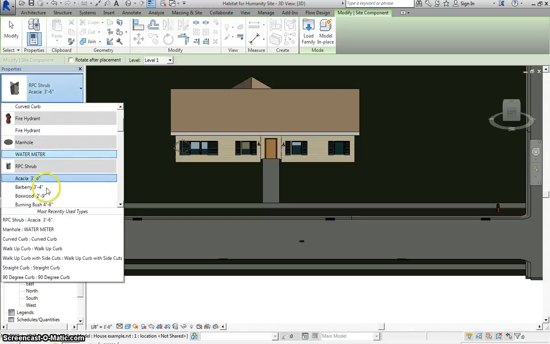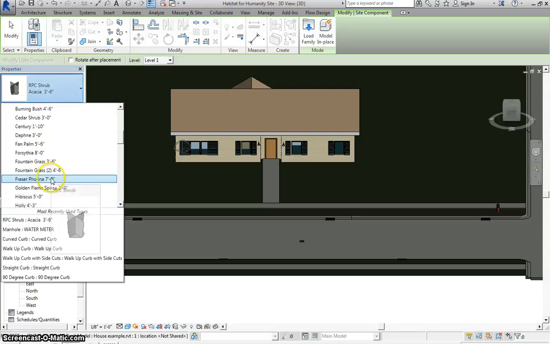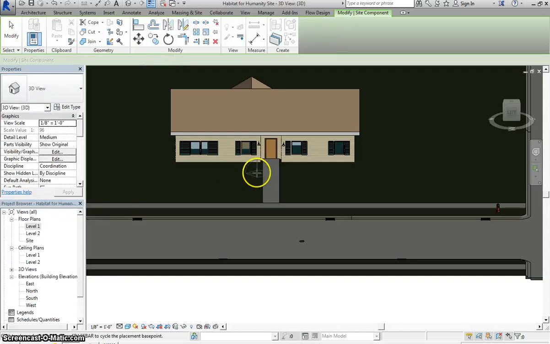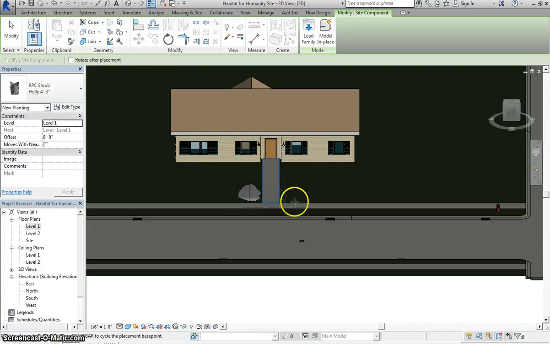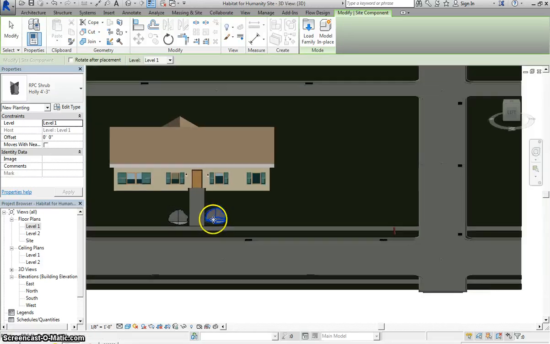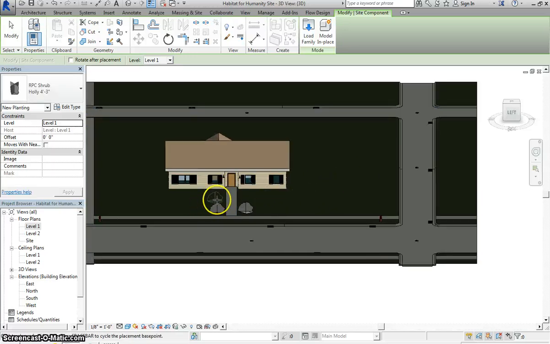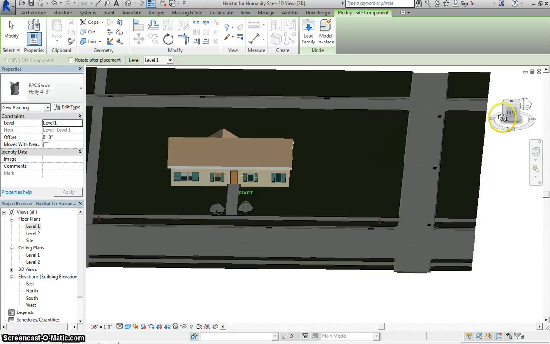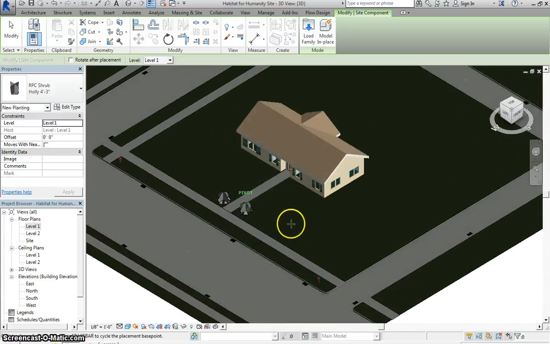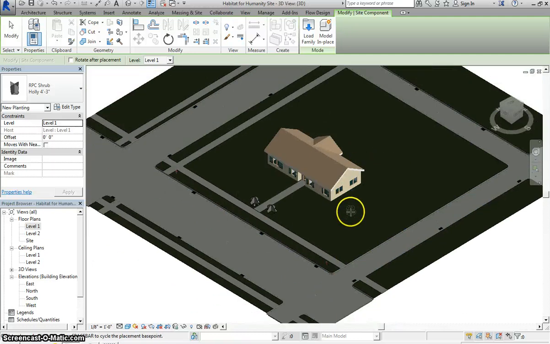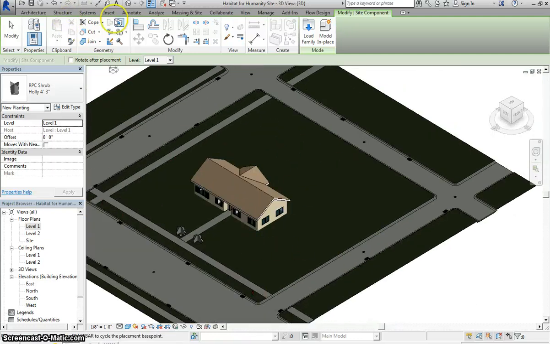And we put the shrub in. Notice how there's different types of shrubs that loaded in. There's tons and tons of different shrubs. So if you want some grasses or some hibiscus or hollies, you could put different trees and different things, and it's really up to you how you want to decorate up your site. But at the very least, you want to get your house on there with your trees, sidewalk, and driveway and stuff that you indicated yesterday. Now, the other thing you could do